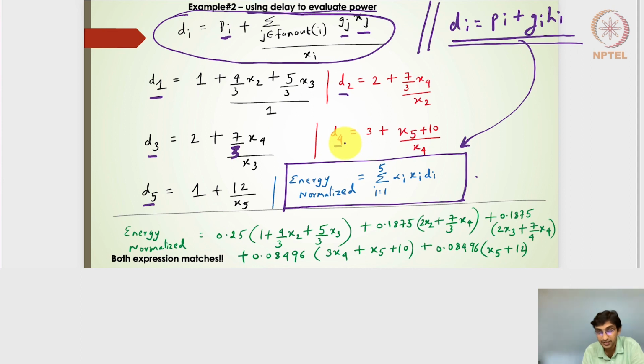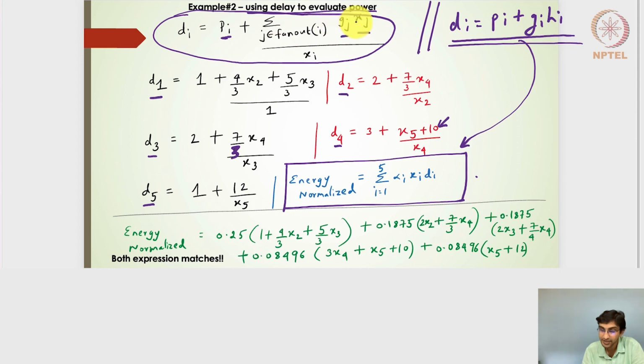Now the delay at the output of the 3-input NOR gate is nothing but the parasitics of 3 plus, it is fed to the next stage, which is an inverter. So I will have the logical effort of 1 and then X5, the driving factor, plus it sees a normalized load capacitance of 10, and that gets divided by X4, right? And finally, I will have the parasitics of the output of the last stage, which is again an inverter. It sees a parasitics of 1